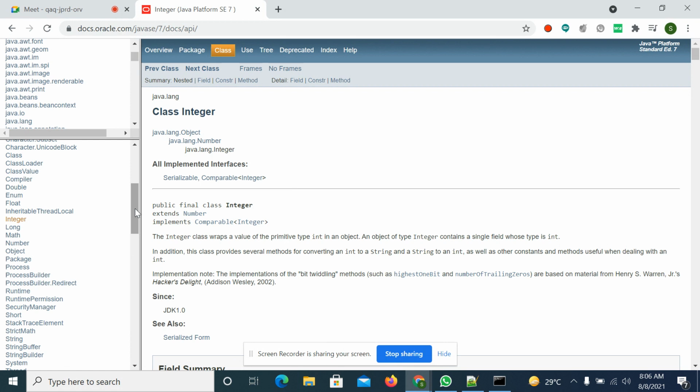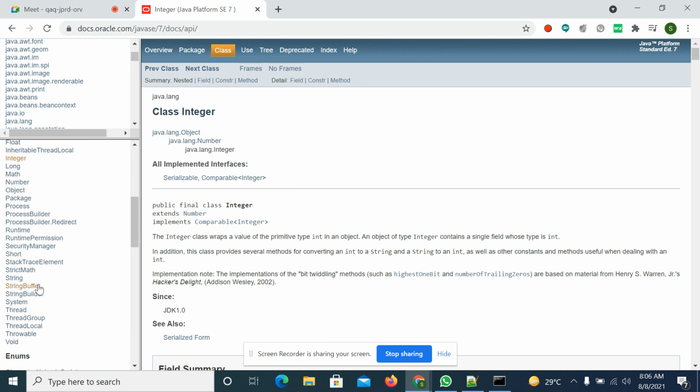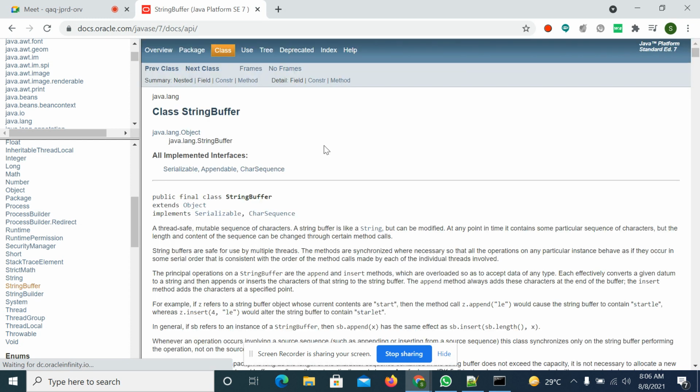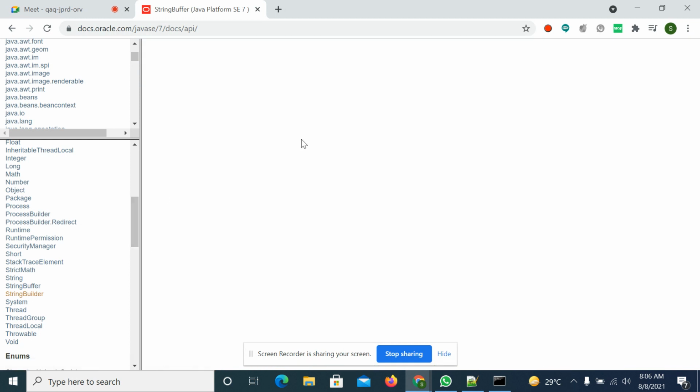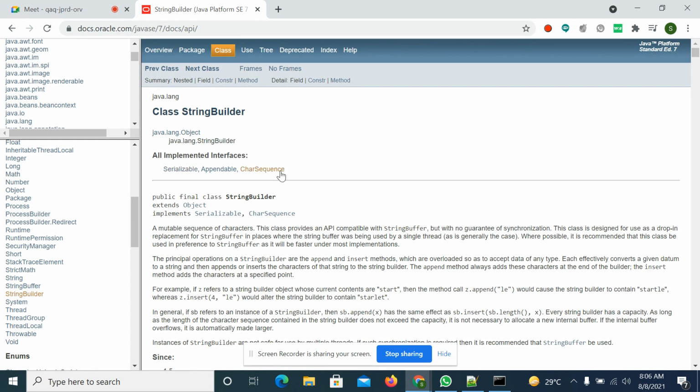Now I am going to take the StringBuffer class. Observe here, this class does not implement the Comparable interface. In the implemented interfaces, you don't have Comparable. In the same way, the StringBuilder class also does not implement the Comparable interface. If you want to compare the elements, the class must be a Comparable type.